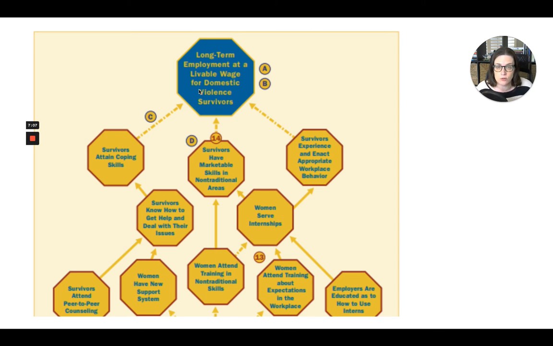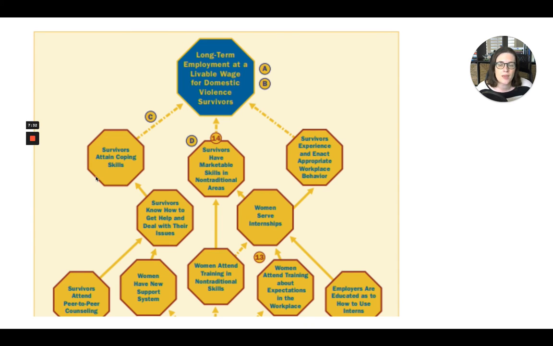Intermediate outcomes here, like survivors attaining coping skills and survivors enacting appropriate workplace behavior, are those intermediate outcomes. This means that a survivor in a workplace will continue to have the skills and opportunities to advance, to be able to get to that long-term employment and livable wage.